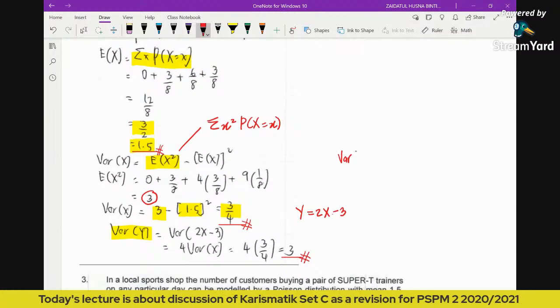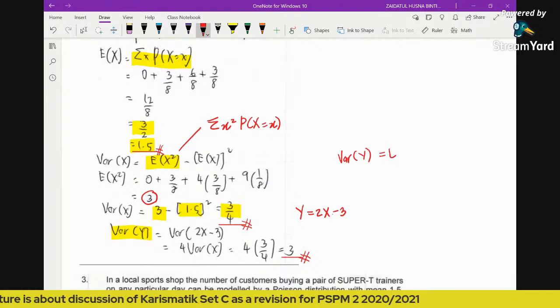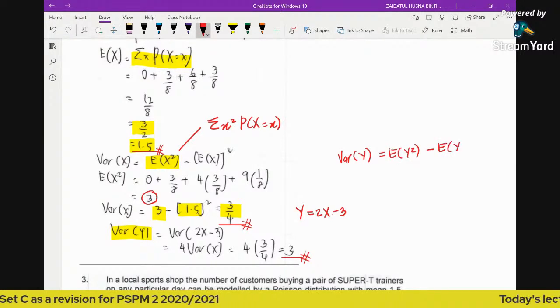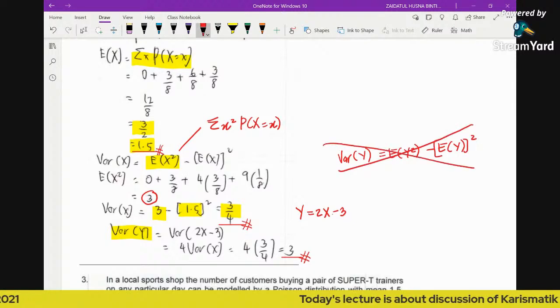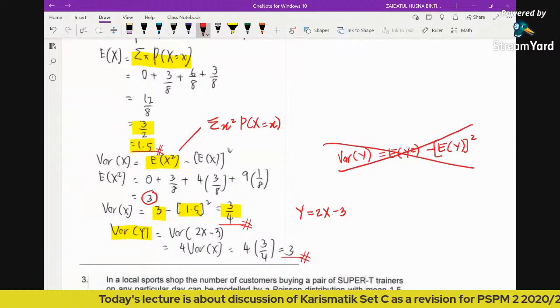You don't really have to find the variance of Y by finding the expectation of Y squared and then subtracting the square of the expectation. So there's no need to do this, because it is time consuming. Alright, so what we need to do is just use the properties of